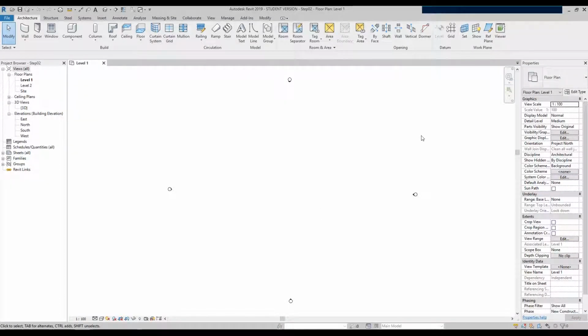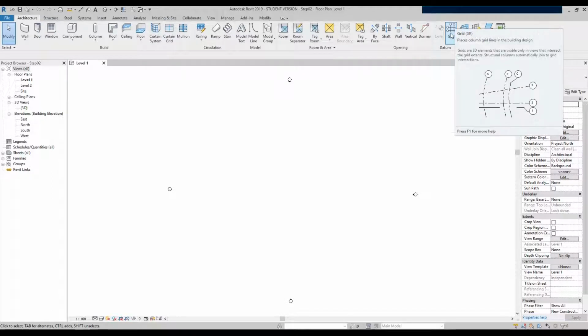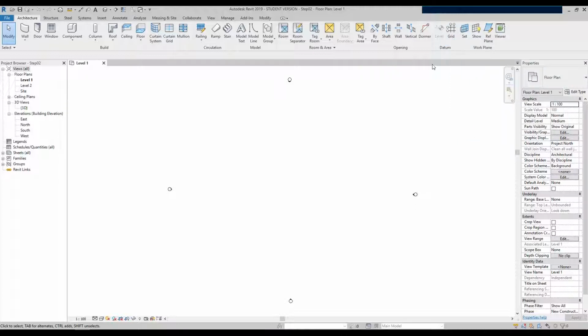So the first task we're going to do is set some grids out for our building. This is situated under the Architectural tab and right along to nearly the end just here. With grids you can actually manipulate the building during its process by stretching and shrinking the building, which will become more evident in later videos. So let's get started. Select grids,